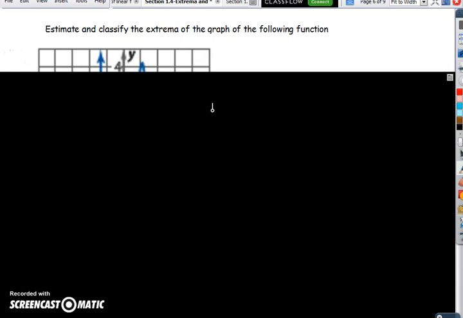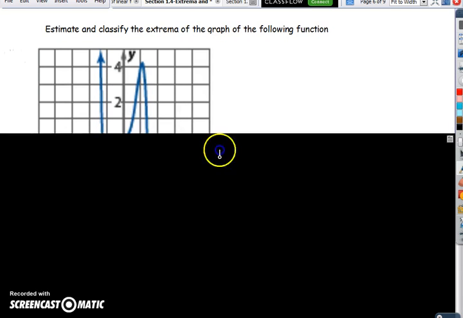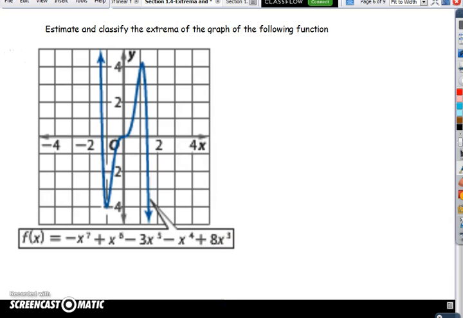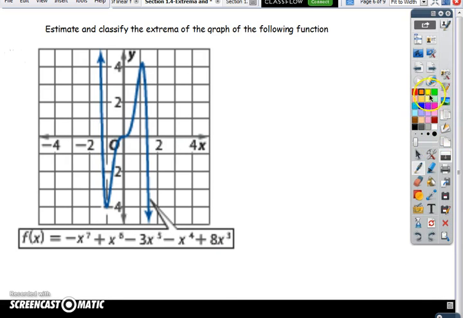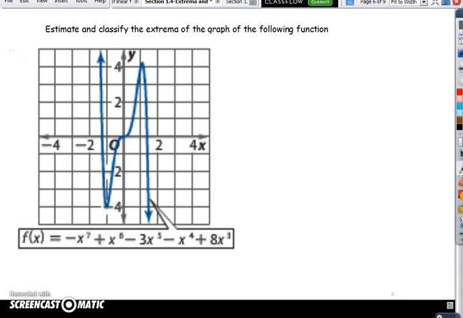Speaking of those relative extrema, let's do an example with that. So estimate and classify the extrema of the graph of the following functions. So there's my function. So I want to classify the extrema. Find out what the point is. So we look right here. This point right there. That seems like a minimum. A relative minimum. Why is that? It's smaller than all our points around it. So I just simply say that. So a relative min